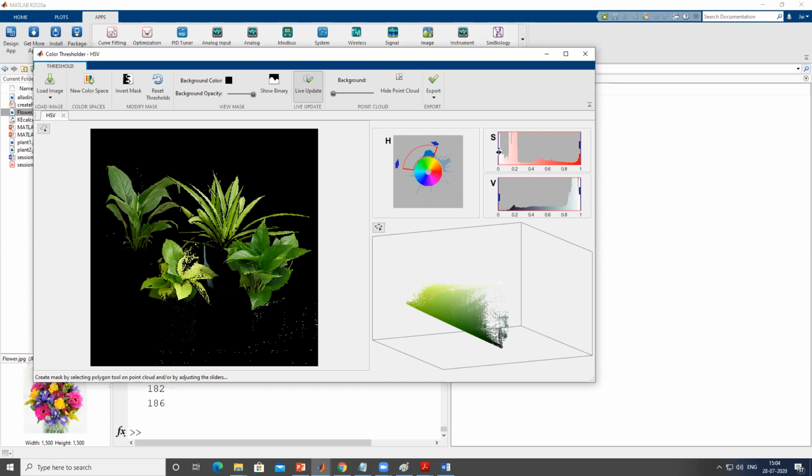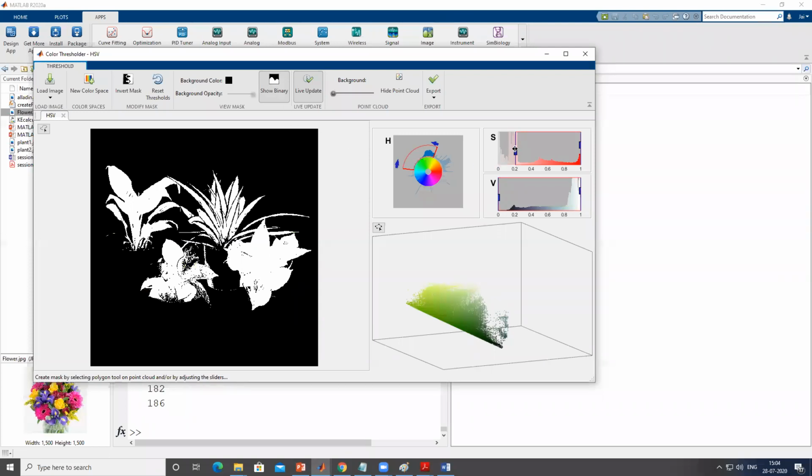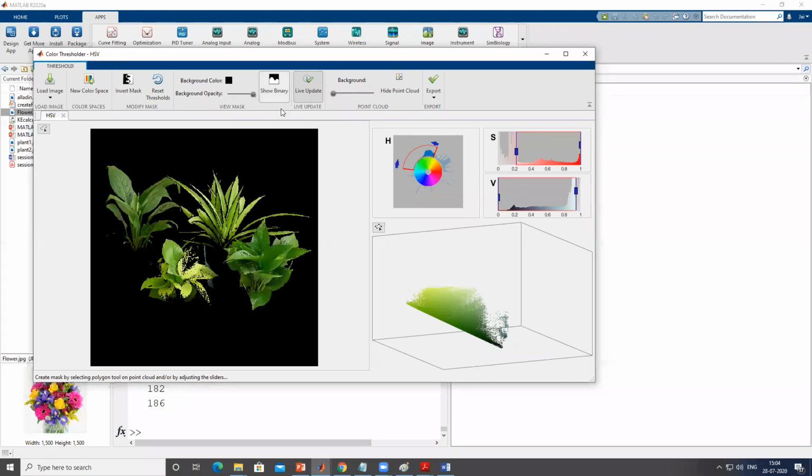The noise can be minimized with a good filtration technique, but 100% noise removal can be quite hectic. So for that noise suppression, we further go with the image segmentation method, like morphology, which we apply over the image in order to suppress the noise. Now with the help of saturation, if we decrease the value of the saturation range, then we can remove some noise from the image. Now what is left is entirely the leaf part. So now I turn off the binary and here is only my leaf part.